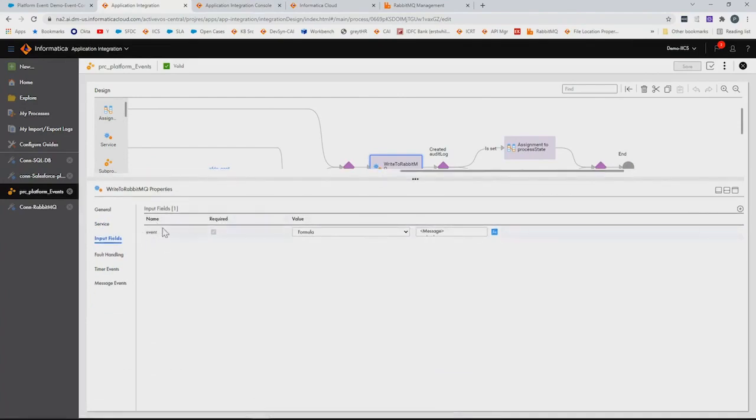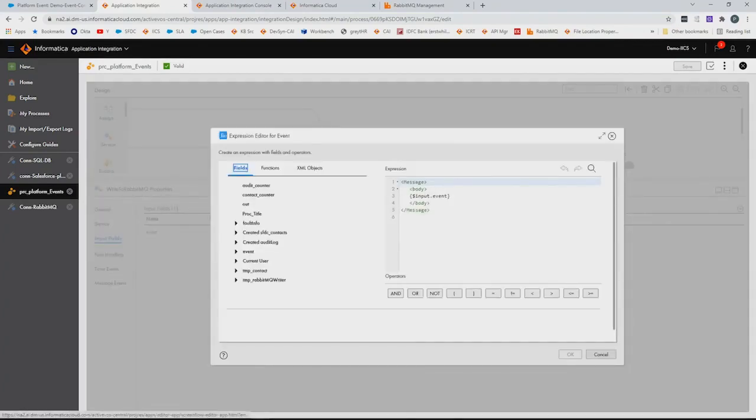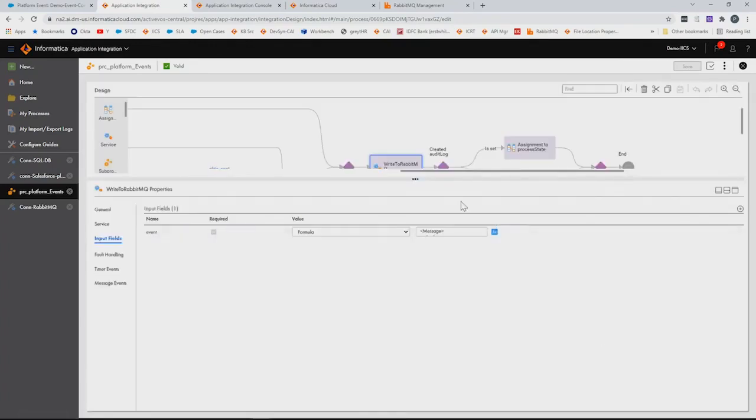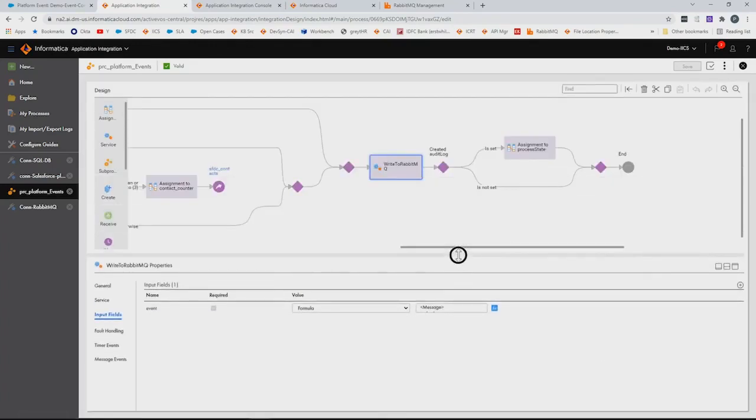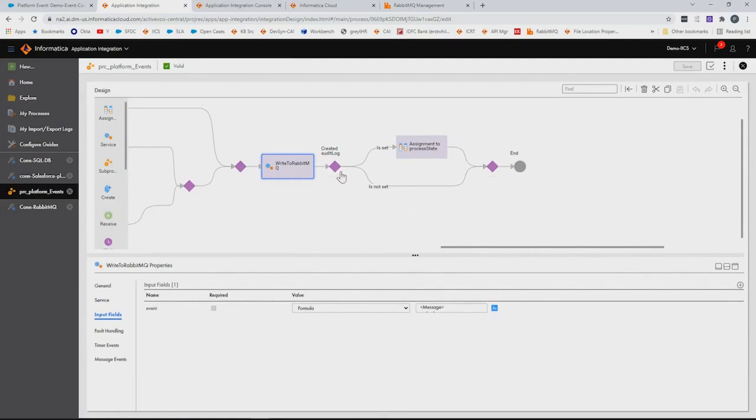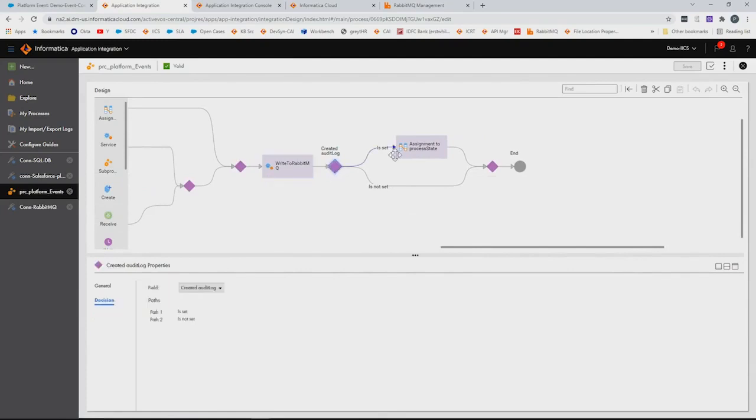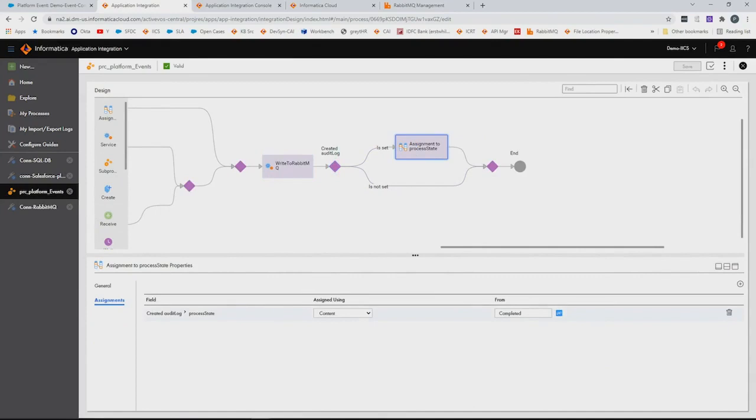So this is the input field for the RabbitMQ, and we are posting the entire platform event message that we are receiving from Salesforce as a message body to our RabbitMQ system. Once that is complete, it will also set the process state to completed.